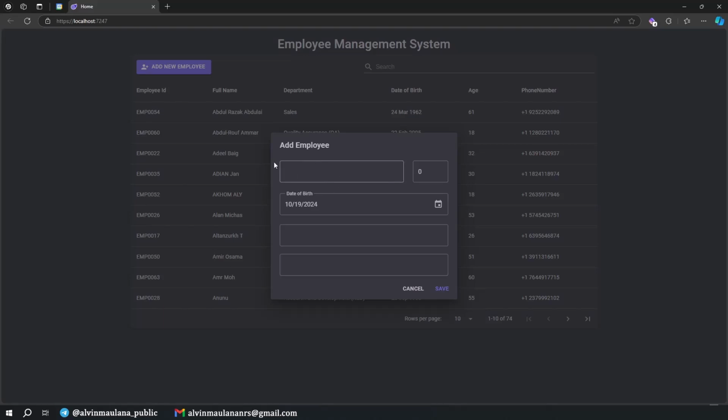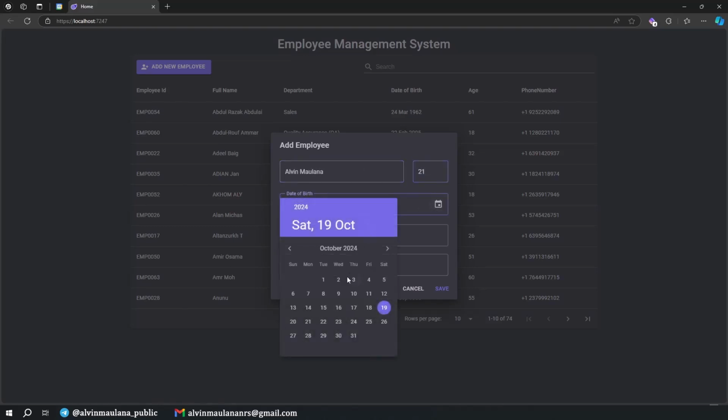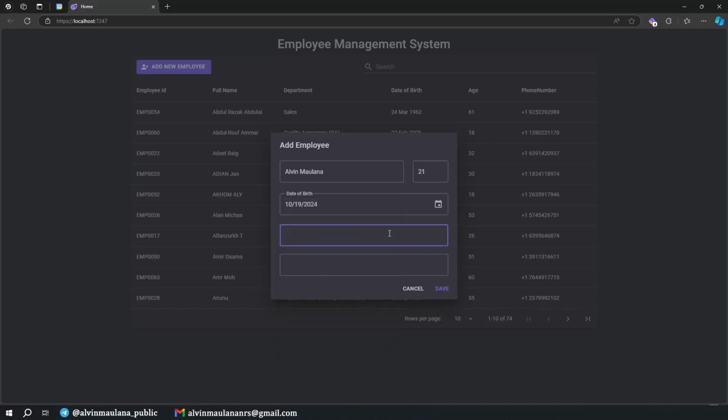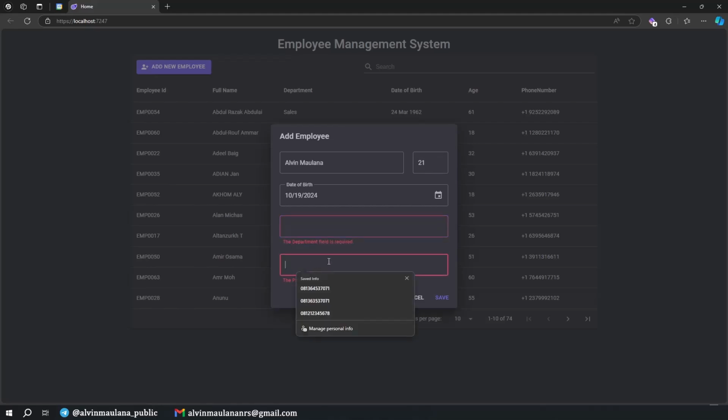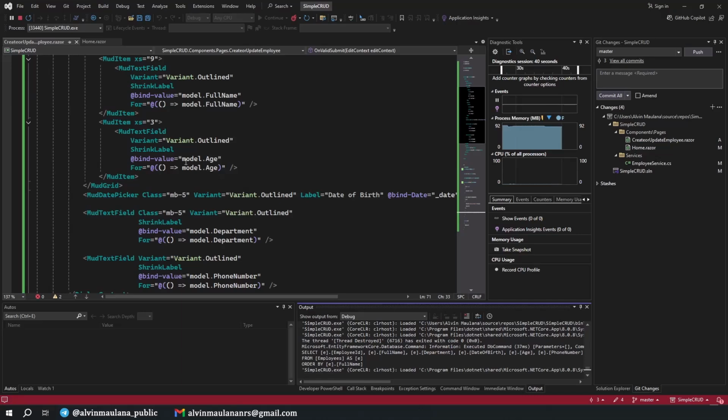Okay, and we have a new interface for this. I try Alvin Maulana 21. Okay, the date is, yeah, just whatever. And then admin, and oh, we don't have a label for this. Okay, I minimize. I think I missed the label. This one also we don't have a label.